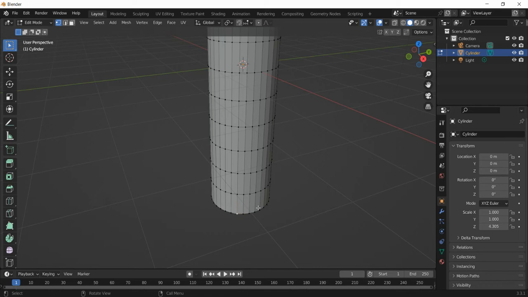Now what we want to do is select all the vertices in that section, and to do that, if you hold down the Alt key on the keyboard, then just click in the same place again. Okay, so you can see the whole bottom has been selected now. If it hasn't selected correctly, just click outside and reselect it and try again.